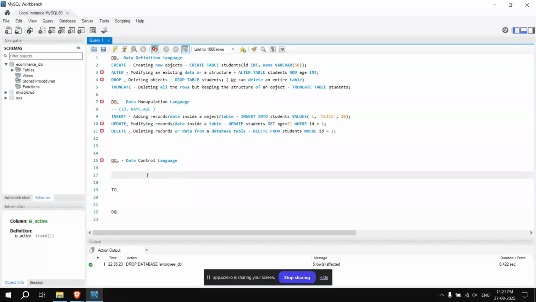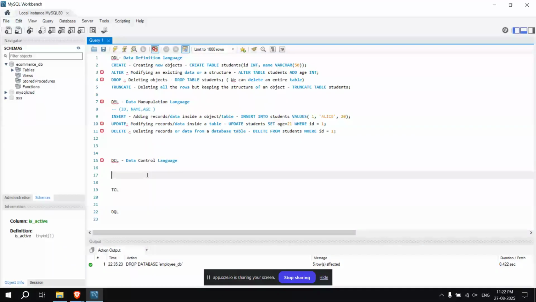Suppose I'm the head of the family and I have a laptop, but my brother or my friend wants to use my PC. He will first come to me and ask for my consent, and then I will grant him the permission to access my PC. That's what control means.